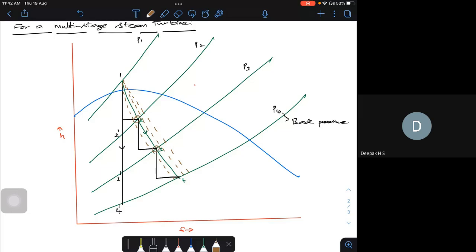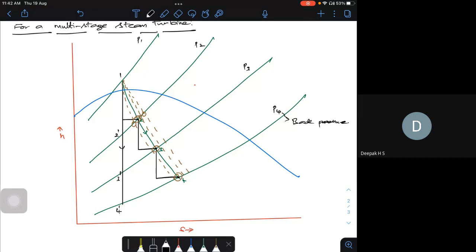The locus of each state point, we call these the state points. If I follow this particular curve, this is my state point. If I follow this particular curve, this will be my state point. If I follow this particular curve, this will be my state point. The state points keep changing because it's at a particular pressure. The state points keep changing. I can draw on your HS diagram the state points showing how this particular